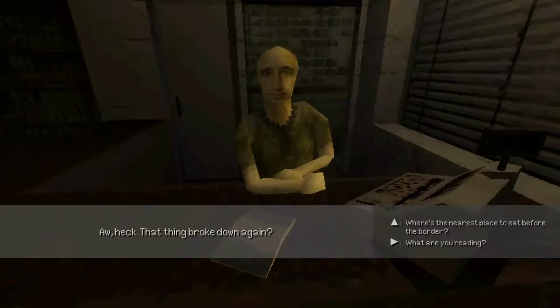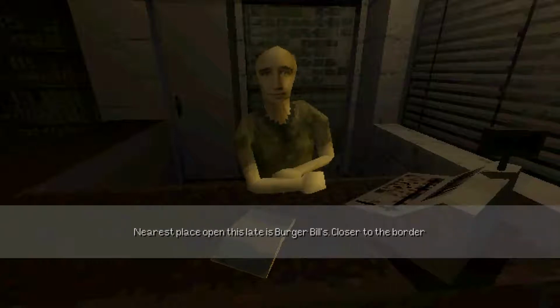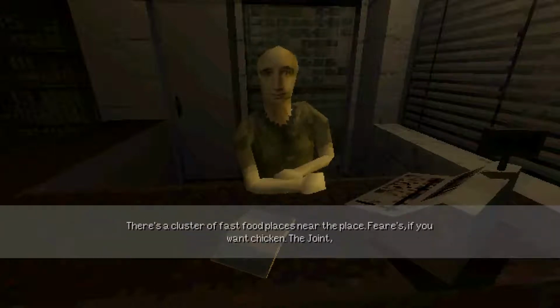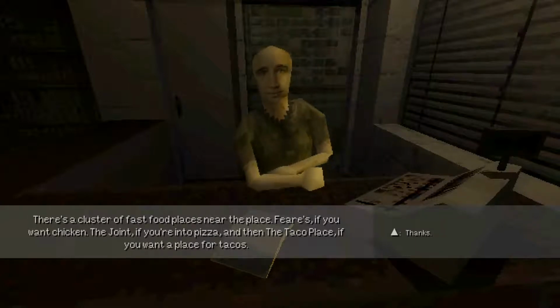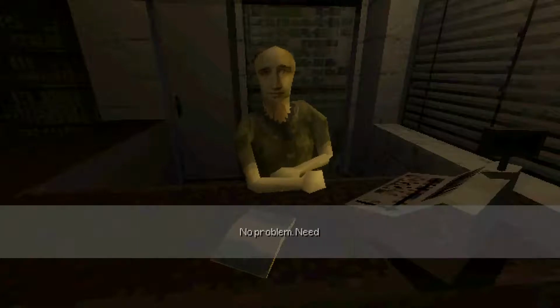Let's do the eating thing and then we'll try a different food besides burgers. Mexican. There's a cluster of fast food places near the place. If you want chicken, the joint. If you're into pizza, and then the taco place. If you want a place for tacos. Thanks. It's just called the taco place. Gonna have to bounce a bit early. Getting way too sleepy over here. All right. I'll see ya. Thanks for watching me